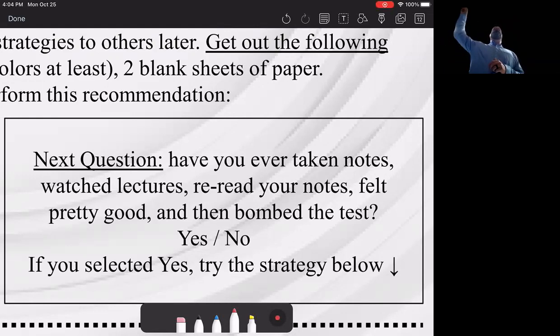And who's ever done this? You go to class, you take your notes, maybe you rewrite your notes and you reread your notes a couple times. Who's failed an exam after that? I'm going to raise my hand multiple times. Okay. Reading notes is not the way that you can pull everything off. Reading notes is very light, it's not very active.